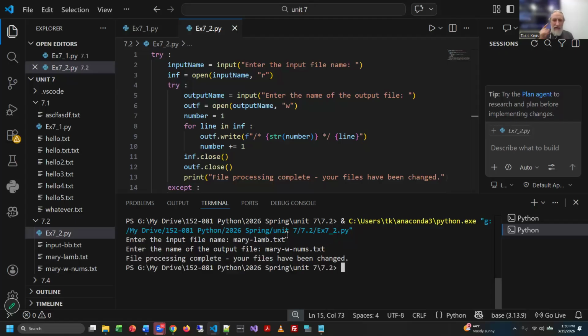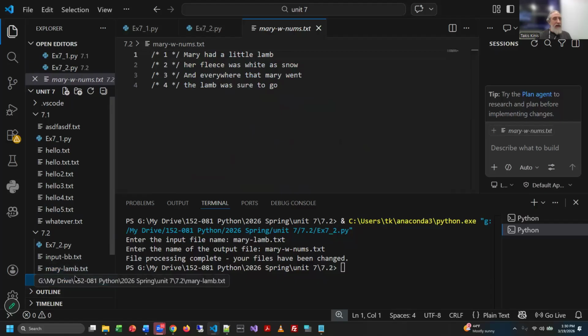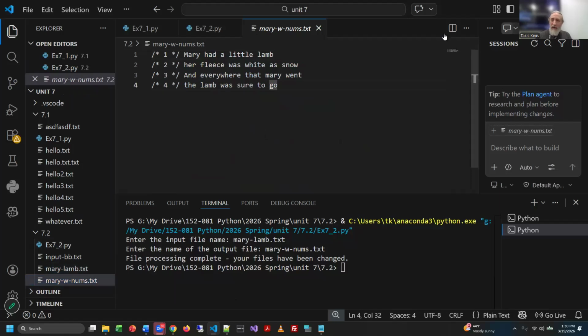All right, so here's file processing complete. Of course, we see nothing on the screen here, but hey, I see it over here. And when I click in there, here we go. There you are, right? There's an example that it works. Now you can try it again, right? So if I want to run this again,